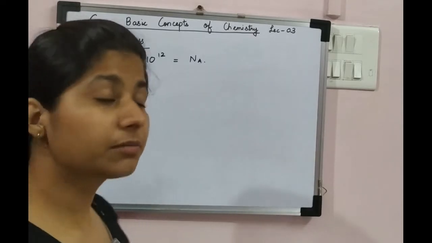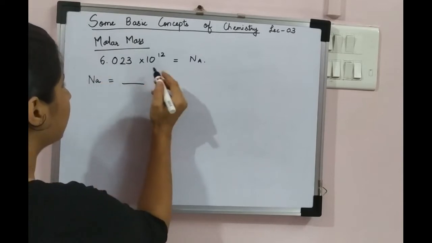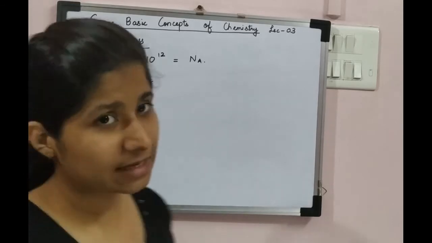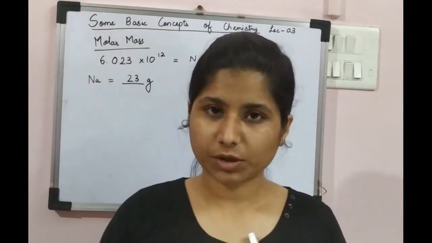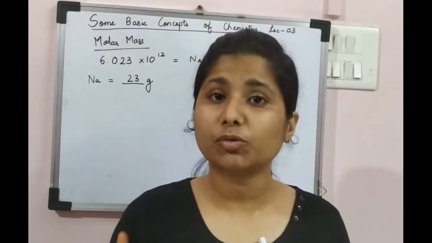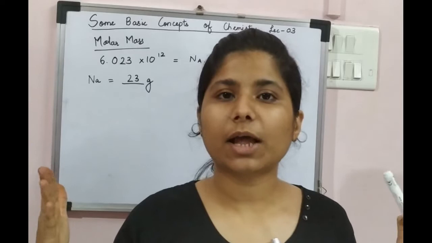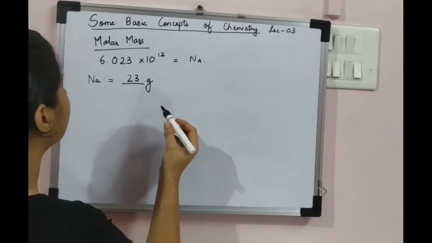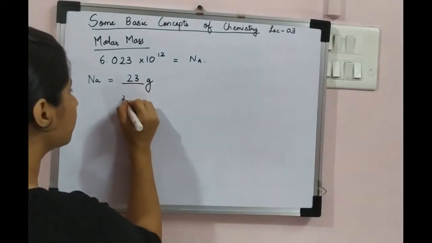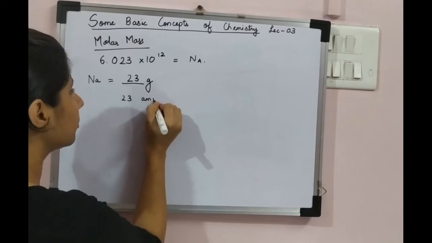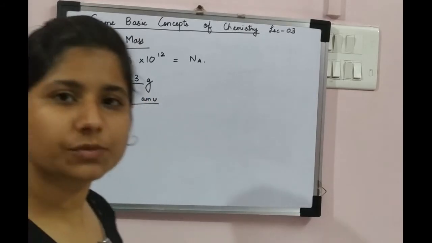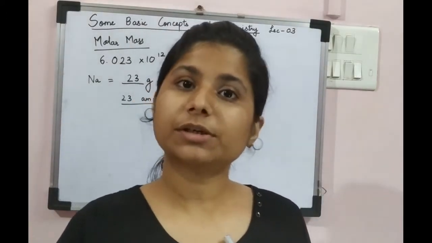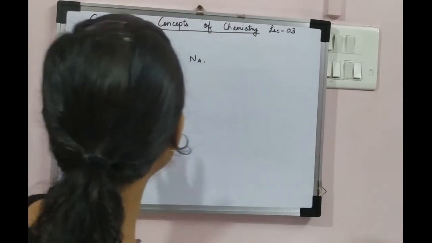would be in terms of grams. Actually, when we measure them, it is in terms of grams. So these many particles will give, for sodium atom, 23 grams. So I understand that 23 grams of sodium atoms, if I am weighing and taking it, will have Avogadro number of atoms, right? And 23 is also the atomic mass unit of sodium. If I take the atomic mass unit in terms of grams, that contains the Avogadro number of particles.